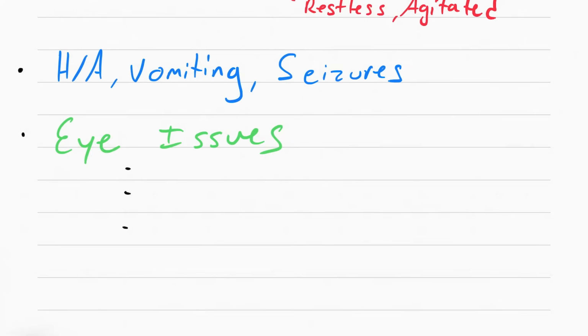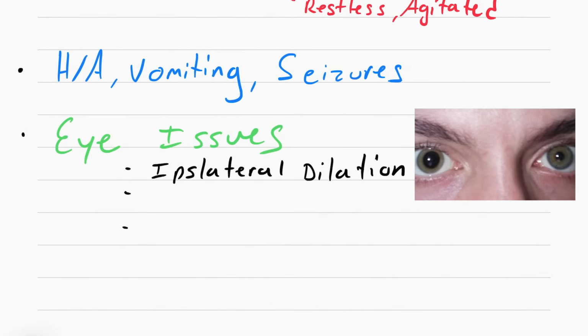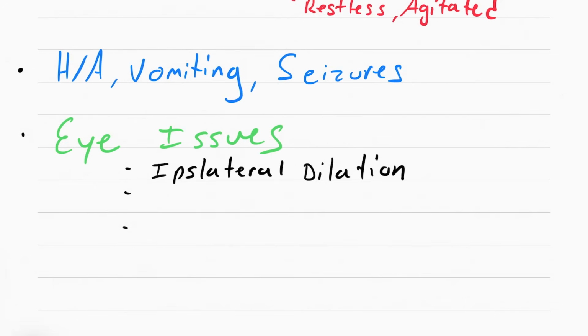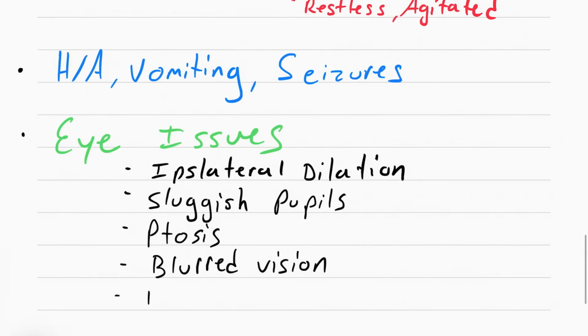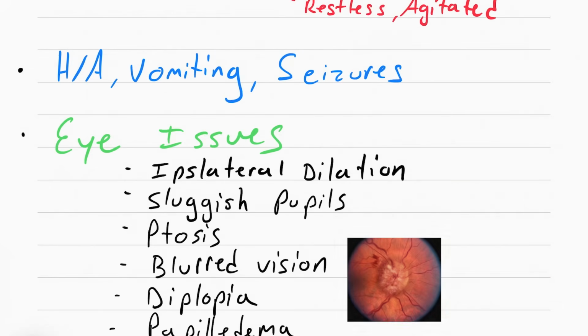They can start off with something called ipsilateral dilation, and this is an early sign of increased intracranial pressure. It's due to compression of cranial nerve number 3. You will see fixed dilation of the pupil only on the side where the damage is. The patient can also have sluggish pupils, ptosis, which means droopy eyelids, blurred vision, diplopia, and papilledema, which is swelling